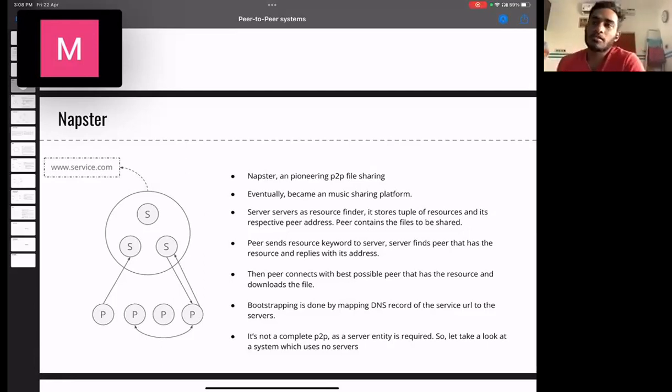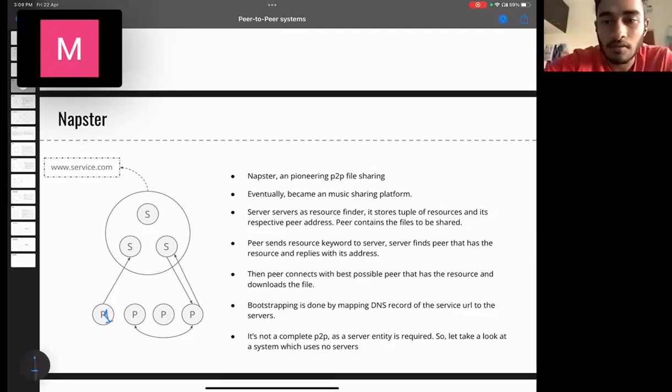We can upload our own files. We won't be uploading to the server, we'd be just having our own files in our node itself. Let's say this P1 is our node, and we'll have all the files we want to share. In this case, as I said, we are going to look at a web service example. We host something like sample.com,